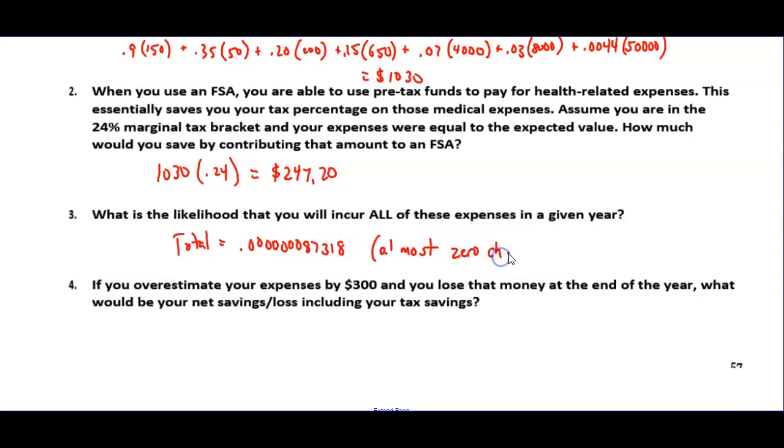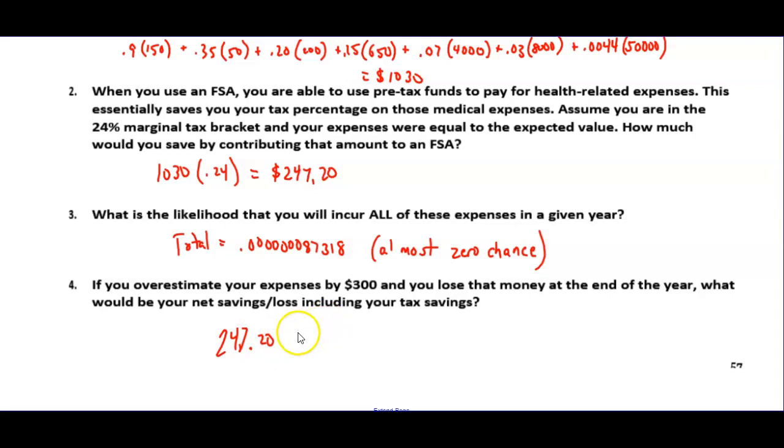But you could possibly incur a couple of them more than once and some of them not at all. So no, very, very little likelihood that you're going to end up having to pay all of those. So if I overestimate by 300, and that 300 is just gone, what would be my net savings? So I already talked about saving 247. So that's what my savings starts at,